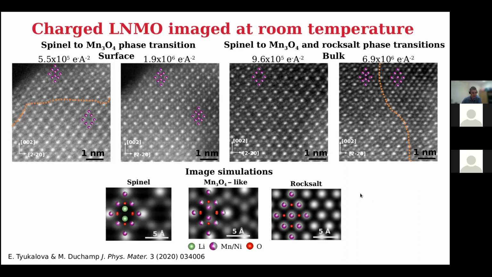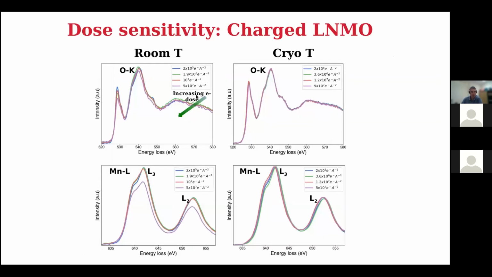So we said, okay, let's try to do imaging or characterization at cryogenic temperature, because we know that at cryogenic temperature, the lithium-based compounds are more stable. So we did some spectroscopy first inside the TEM. First we did spectroscopy at the oxygen edge at room temperature, and we can see that when we